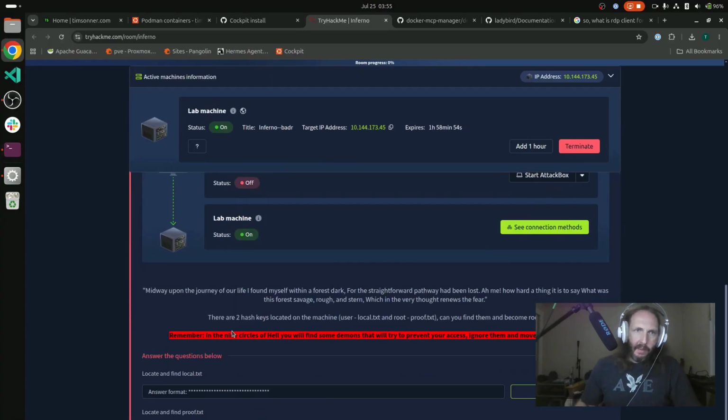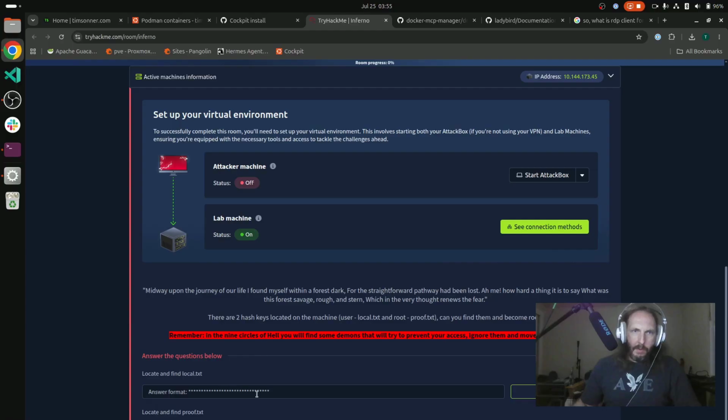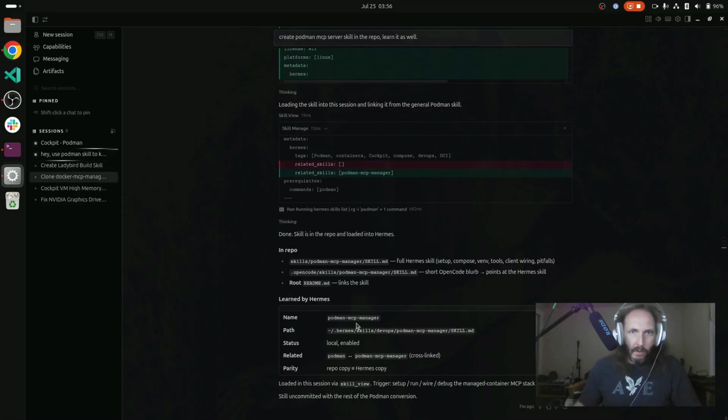Okay, and then we also have just a couple keys here. It says local.txt and proof.txt. So that's really all the information we want to give to this agent. So I'm going to say, okay, use the